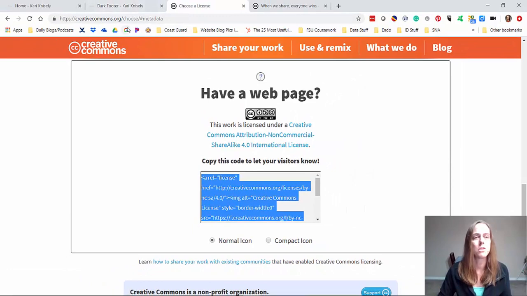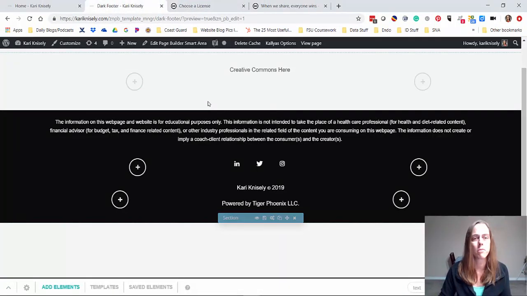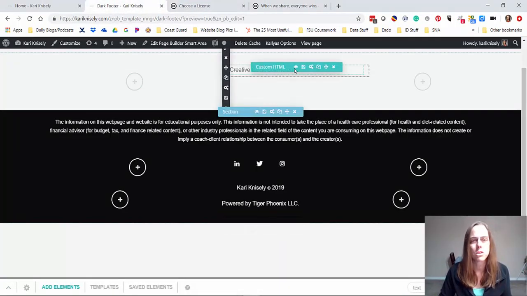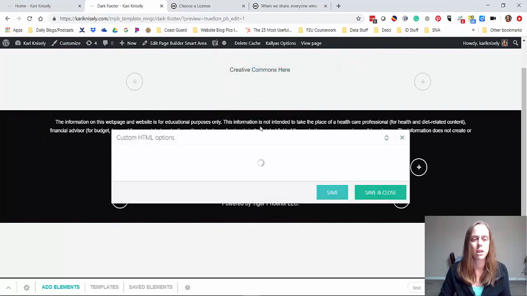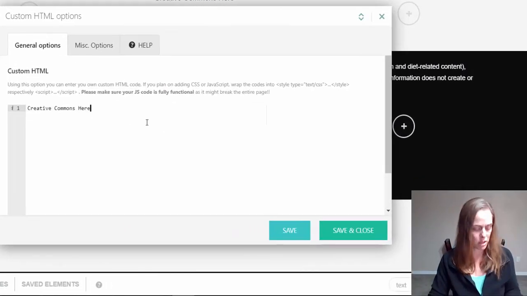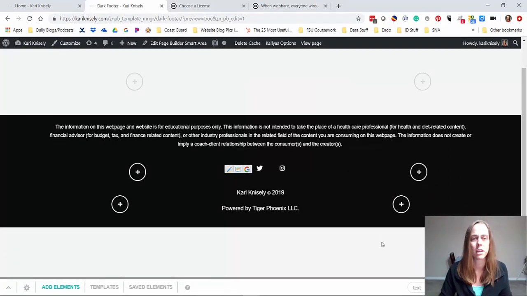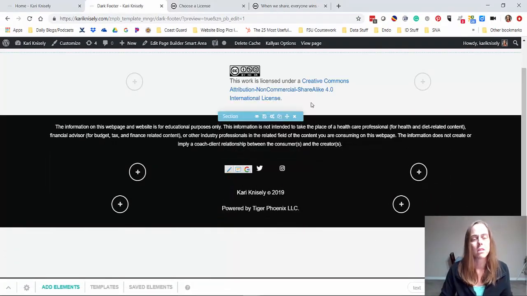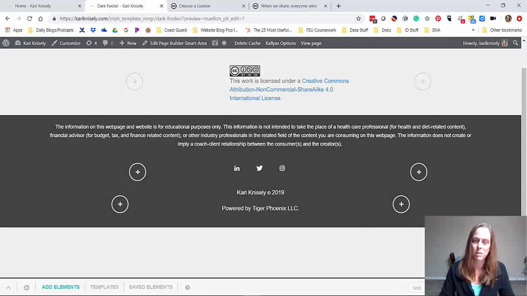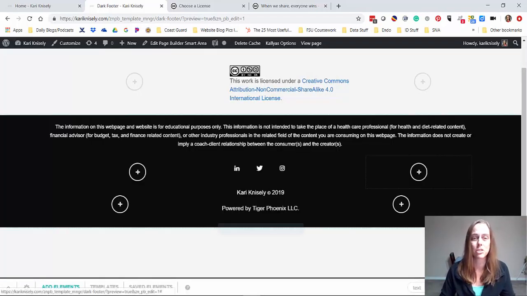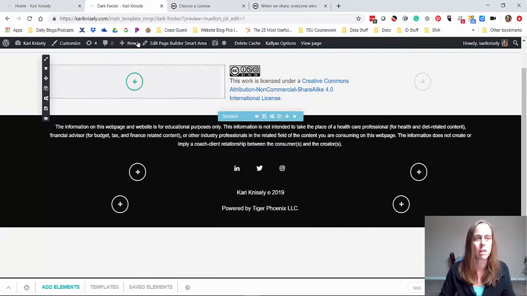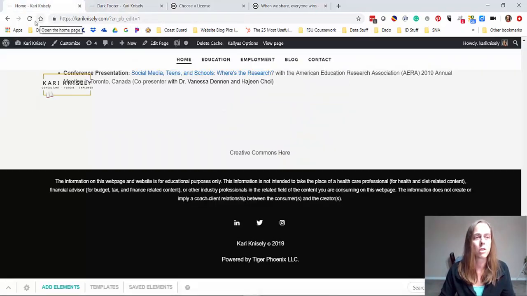I'm going to come into the settings for the footer of my website, which is right here, and it may not look exactly pretty when I'm finished right now, but I'll edit it later. Okay, so there we go. Now I'm going to publish. Again, I'm going to need to make some changes to spacing and sizing of that, I think. But if I come back to my home page and I refresh,